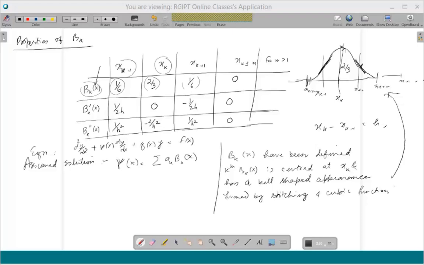By the way, I would like you to find out where is the point of inflection in this. We can do a little exercise here. Find out the point of inflection of this entire curve, this entire spline, single spline b_k of x. You know what is the point of inflection, right? Maximum is of course here. So maximum is where the derivative is 0. Second derivative being 0 is the point of inflection. Right? So find that out. Anyways, so now